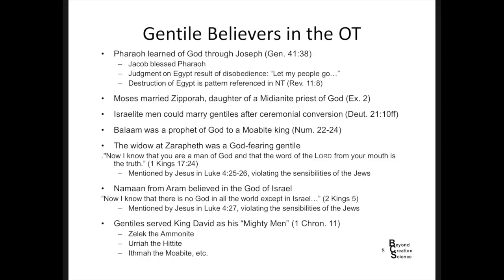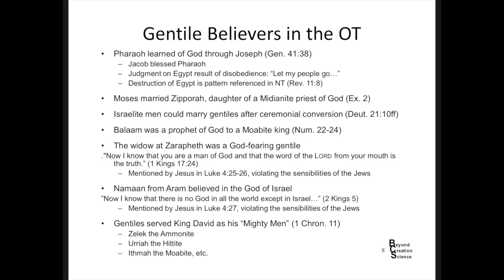Gentiles from many nations served as David's mighty men. Zelek the Ammonite, Uriah the Hittite, Ithmah the Moabite. Are these pagans? Did David bring in a bunch of pagans to sort of help him run his administration? I don't think so. I think these are believers. Where would they have worshipped in this old covenant creation? They would have worshipped at a distance. When David went to the temple, they would have worshipped at a distance in the outer court, the outer courts